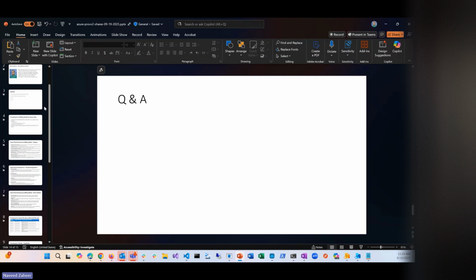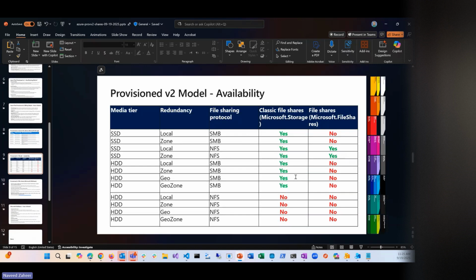This is based on the Azure Files V2 provisioning model, and this service is currently in public preview. The support currently is only for SSD and NFS. If you need SMB support, you can go with the classic storage. So for that, I just want to show you this diagram one more time. This chart. If you are going with the classic storage account, you can use SMB and NFS, and if you are using Microsoft.FileShares, at this moment you can only use SSD and NFS,